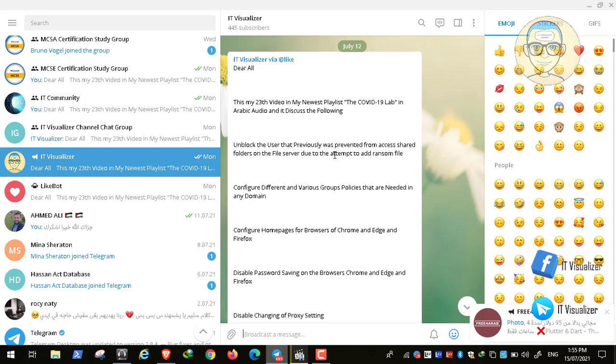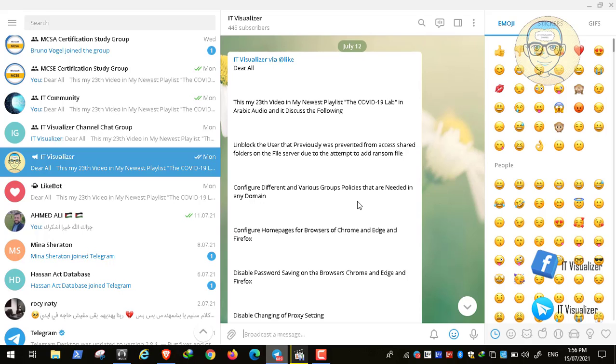In this simulation we blocked the user that was the source of the virus from accessing the shared folder on the file server. So again, we need to unblock this access so the user can access the shared folder again. We did this in the previous video,